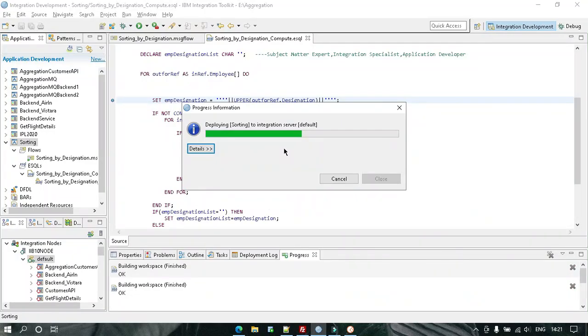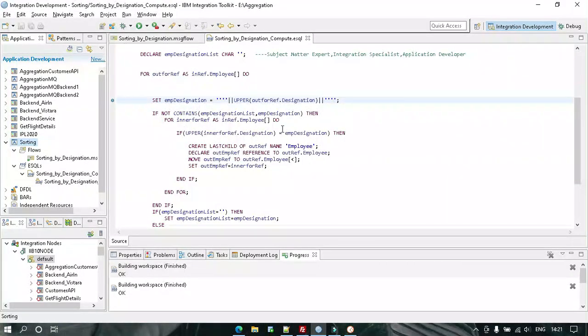One more thing we have to do. See, now EMP designation, this string will be present in single quote, so we are making a comparison here. So here also this string should be present in single quote, otherwise this condition will never execute.